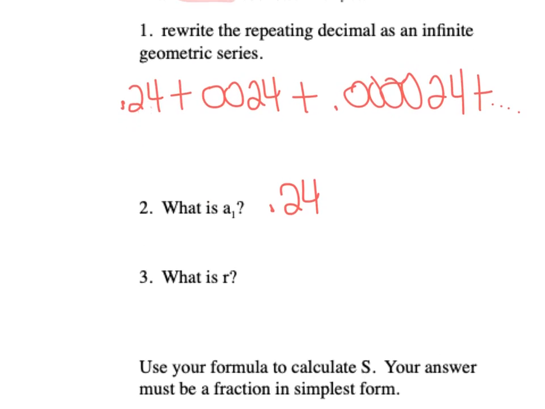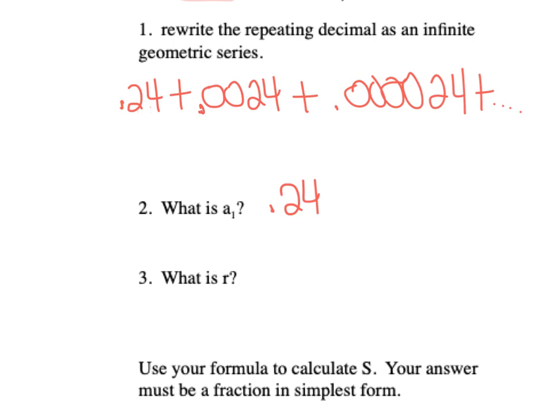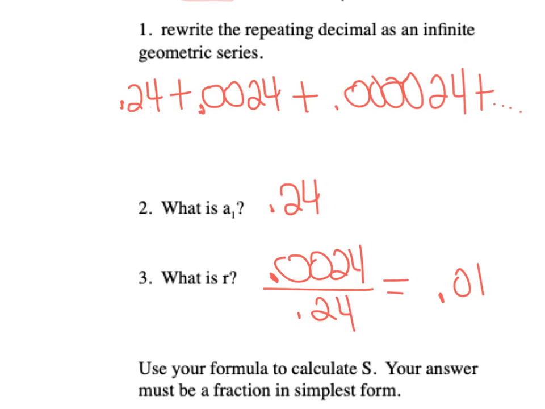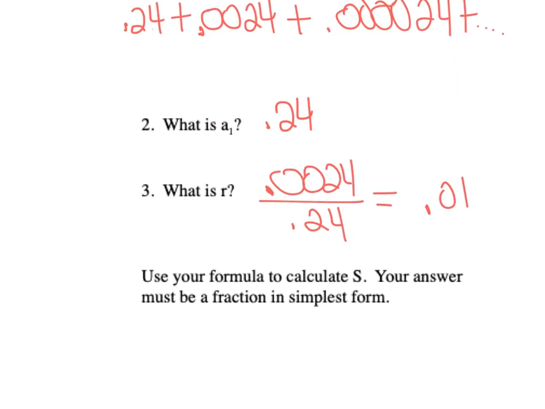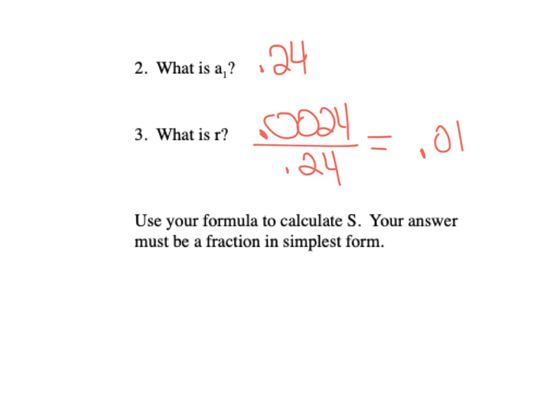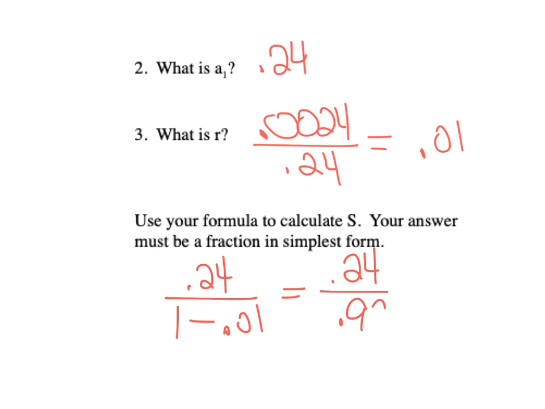Our ratio is we take a term and the one previous to it, 0.0024 over 0.24, which is 0.01. We can put that in our calculator and it's 0.01. So r is 0.01. If we put our values now into that formula, a sub 1 is 0.24 over 1 minus 0.01, which is 0.24 over 0.99, which is 24 over 99, which simplifies to 8 over 33. So if you put 8